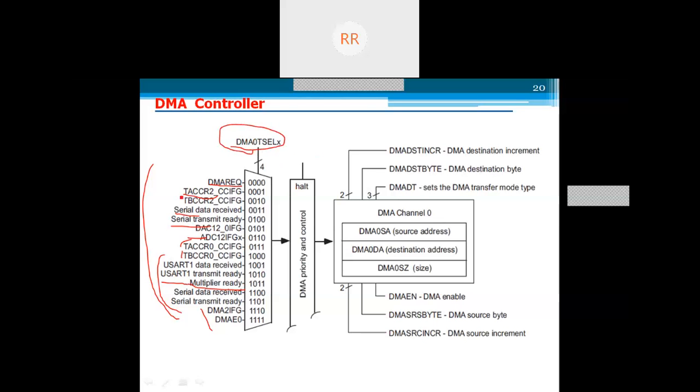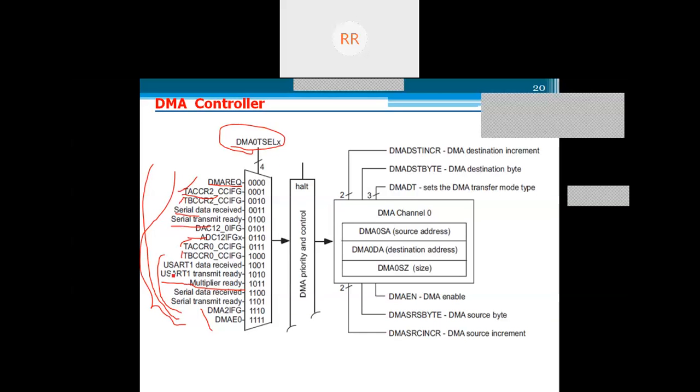So this is about the inputs which are requesting the DMA services. Sources are the input units which are requesting peripheral devices. Simply we can say Timer A is one of the peripheral devices, Timer B is a peripheral device, the D to A converter is a peripheral device, the A to D converter is a peripheral device. So like that, there are a number of peripheral devices, and the multiplier is also one. These are the peripheral devices which are requesting the services of the DMA controller for the data transfer.